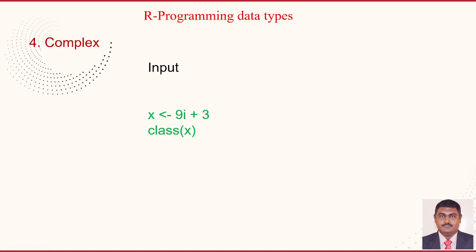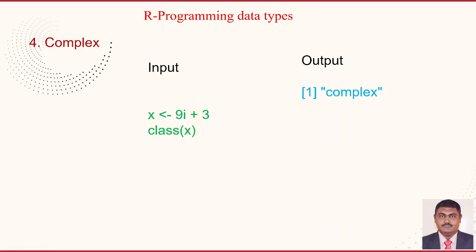If you want to know the type of a variable, you can use the function class of x. Then it gives that the data type is complex. Likewise, for an unknown data type, you can simply use the class function to know what type of data it is. It may be numeric, character, integer, complex or